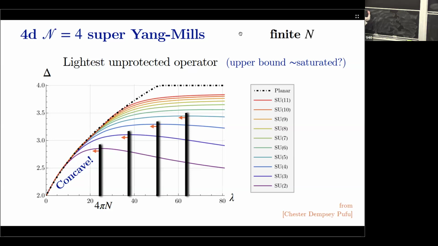So let me just go ahead and state the results. My assumptions are that I'm dealing with a unitary CFT in any dimension, and that it has some exactly marginal operators. So we want a conformal manifold, like this N=4 example we just discussed, where the Yang-Mills coupling is the marginal coupling. So we're going to have some conformal manifold.